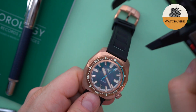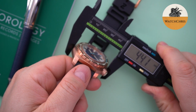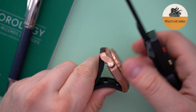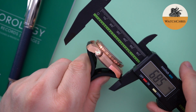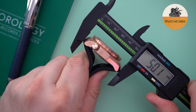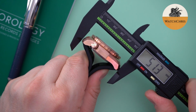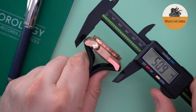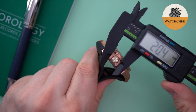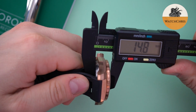Now, it's a 44 millimeter watch, but it does not wear like a 44 millimeter watch. And that's because it's 44 millimeters, excuse me, spot on. You have a very short lug to lug. Considering such a chunky watch, it's actually pretty good at, I think it's around 48 millimeters, 48.9, so that's what that is. You don't get molded end links or anything like that, so the lug to lug is a real true lug to lug. You have a very big crown on here, 7 millimeters, which is excellent, 300 meters of water resistance,